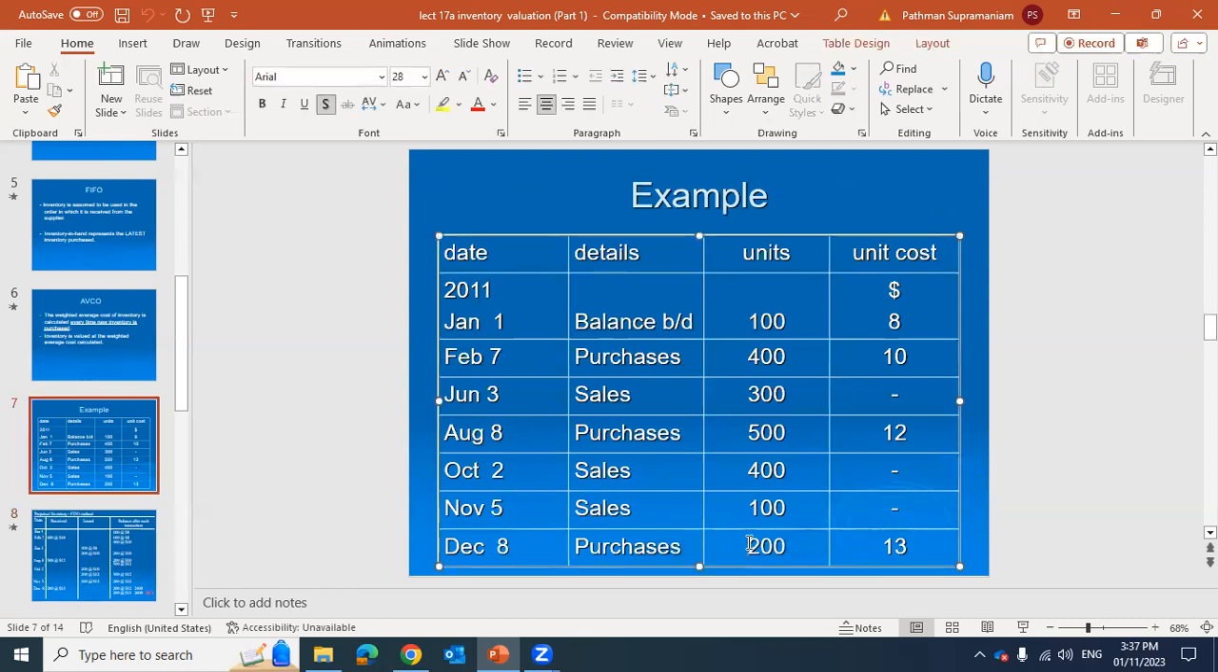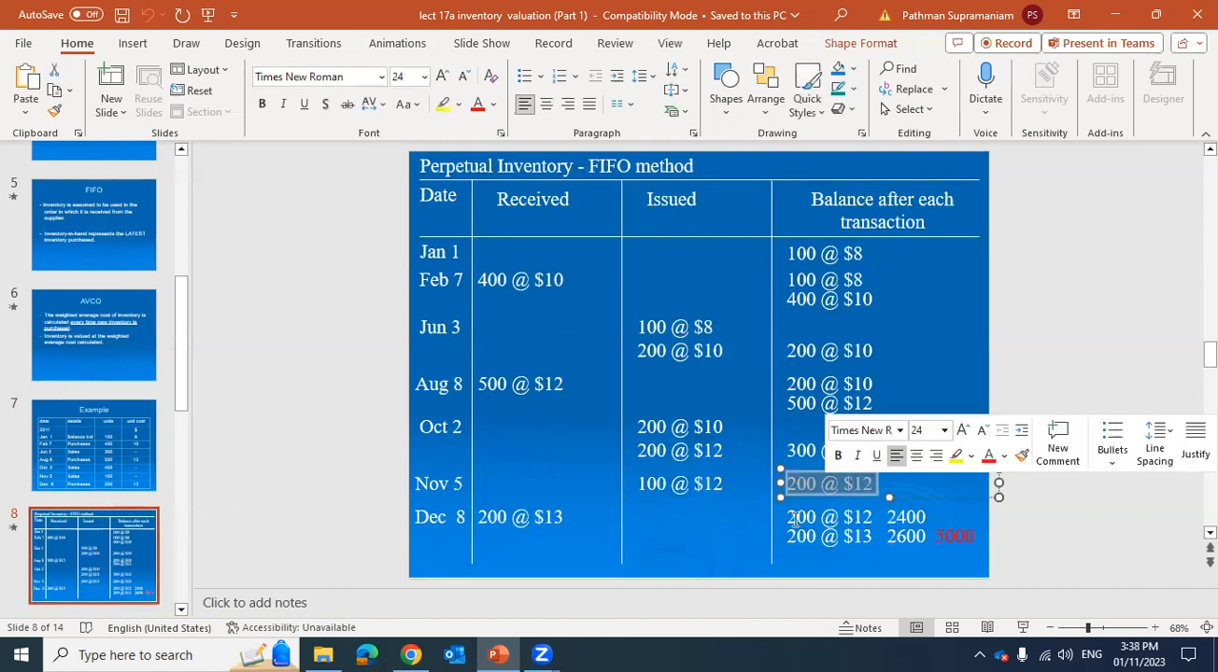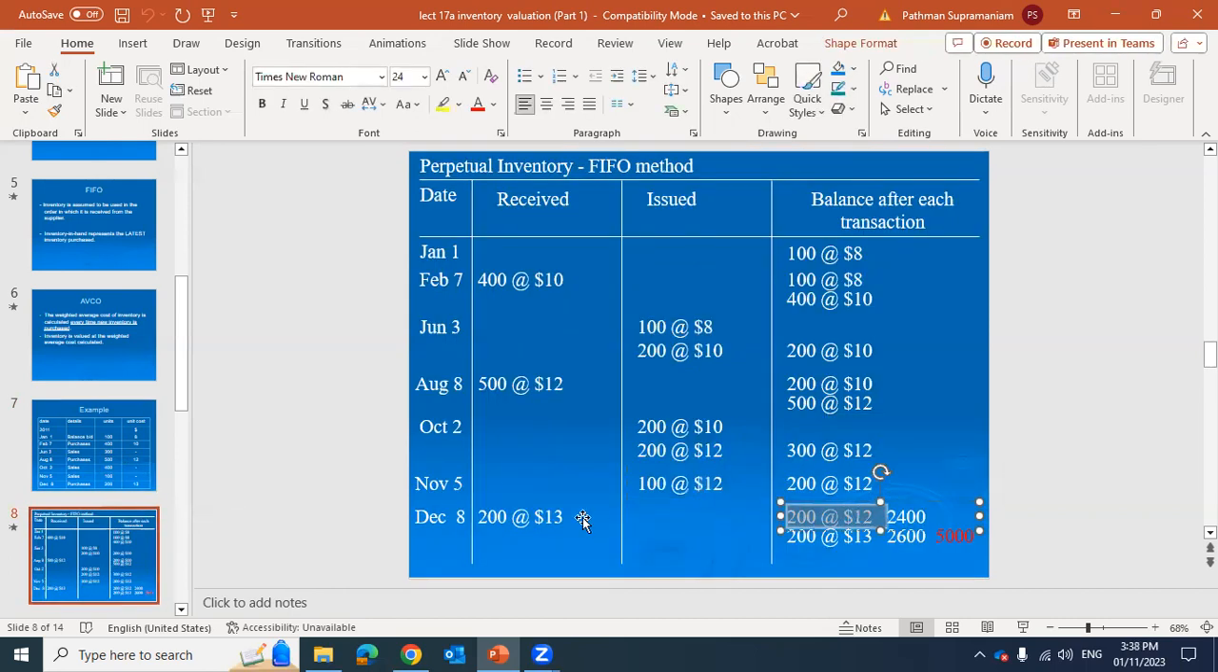And finally, we purchased an additional 200 units at $13 per unit. So we bring this balance down. We record the purchase and we copy the purchase amount here. So at the end of the day, we now have 400 units, which is seen separately as 200 times 12 and 200 times 13. So now we can multiply and add these two groups to get the final closing inventory